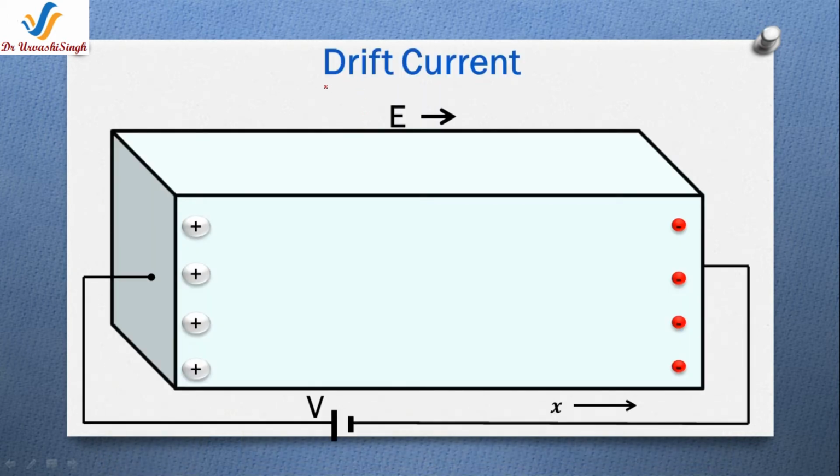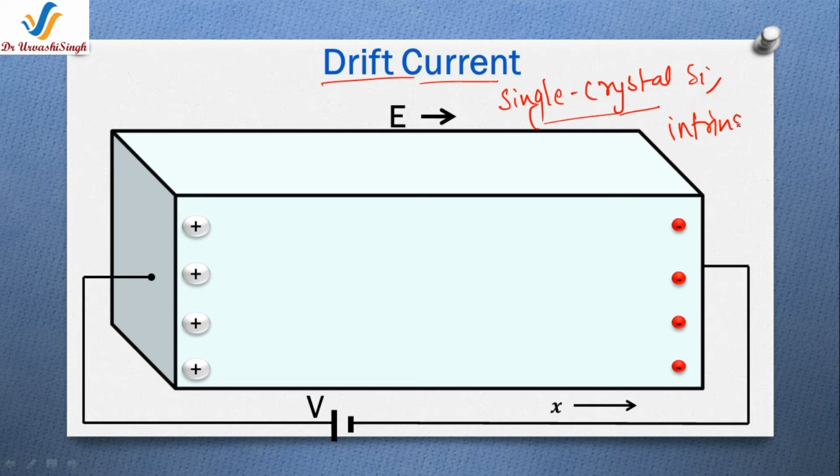To understand the concept of the drift current, let's say this is a single crystal silicon bar. And if I am saying that this is a single crystal silicon bar, can you tell me whether it is an extrinsic or intrinsic semiconductor? It is intrinsic semiconductor. And in this silicon bar, if there is an electrical field, this E is denoting the electrical field,